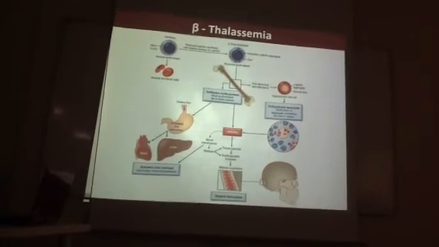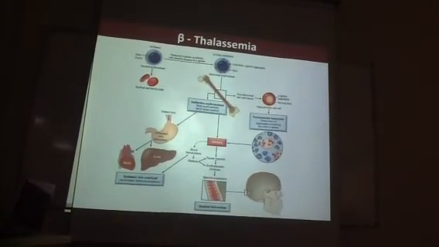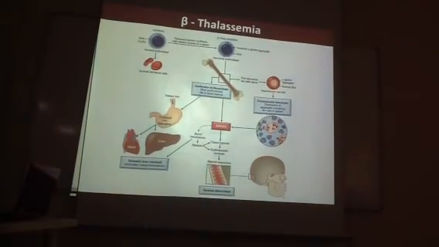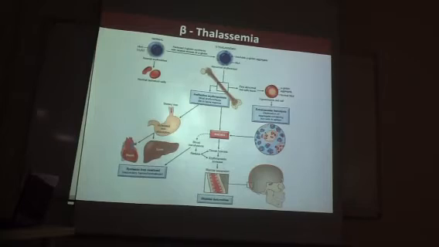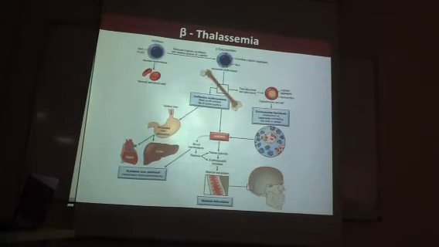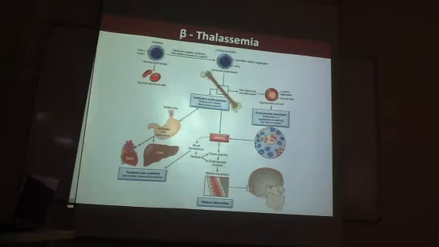Hemoglobin A1 is completely reduced because there is decreased beta chain or no beta chain. So that's why you should remember what chain is there in the hemoglobin. Okay? So when hemoglobin F is increased, they are not good hemoglobin. They take the oxygen and they will not deliver it to the tissues. So they have high affinity towards the oxygen. So when they have high affinity towards oxygen, the kidney keeps on producing erythropoietin.